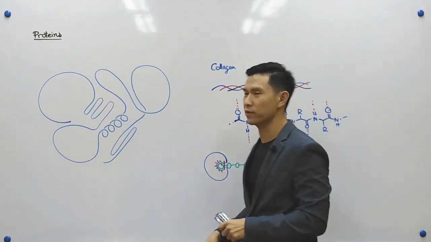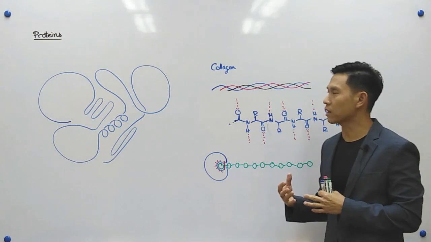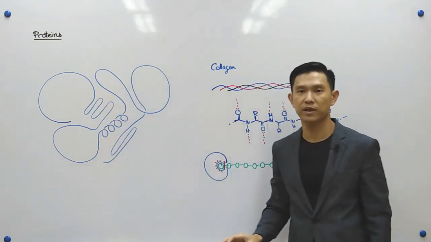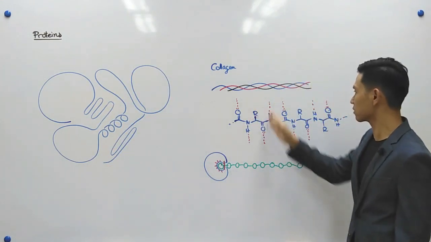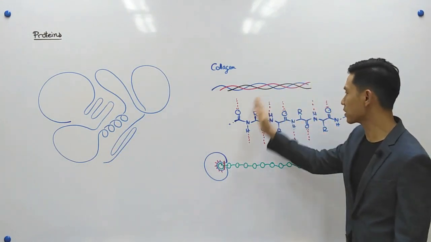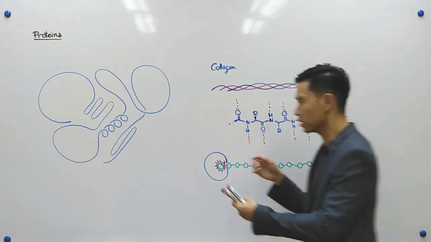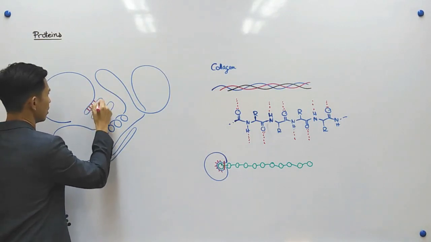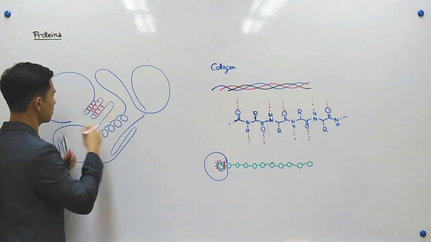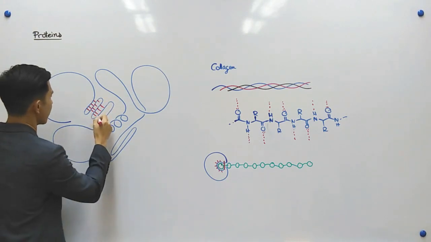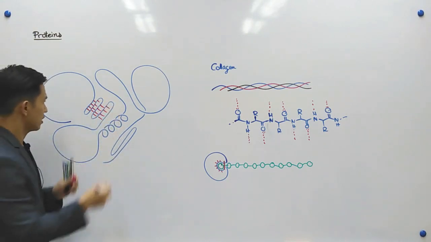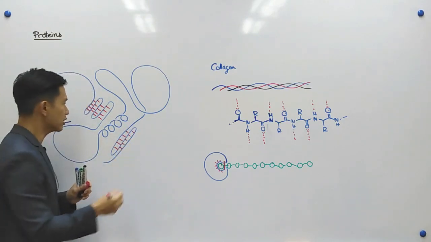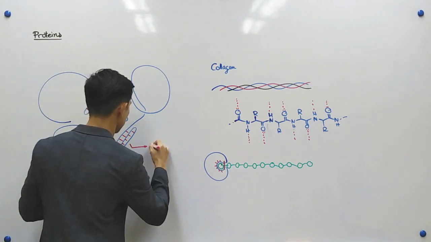I just randomly drew it like this. What is the reason behind proteins having this kind of structure? As I said, one of the reasons is hydrogen bonding, which comes in repetitive units, right? So hydrogen bonds can form this kind of thing. They have sheets of proteins that link together by hydrogen bonding, and here again you have this kind of structure, which is called the beta